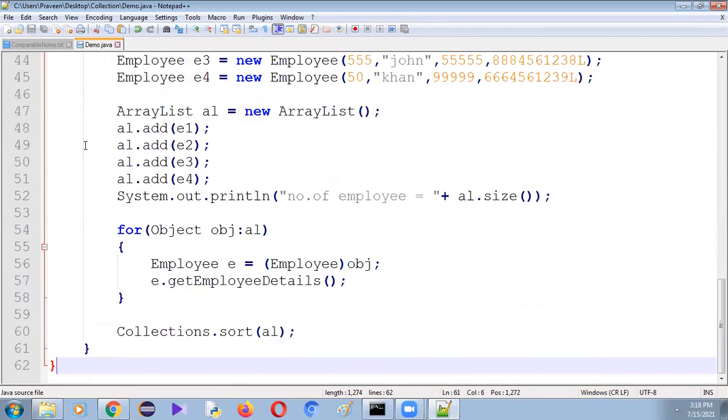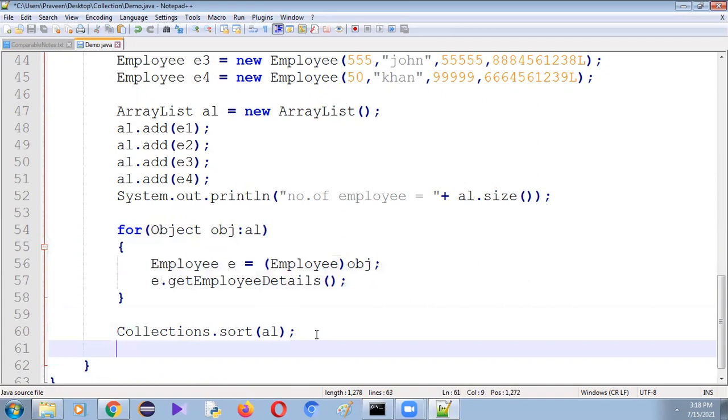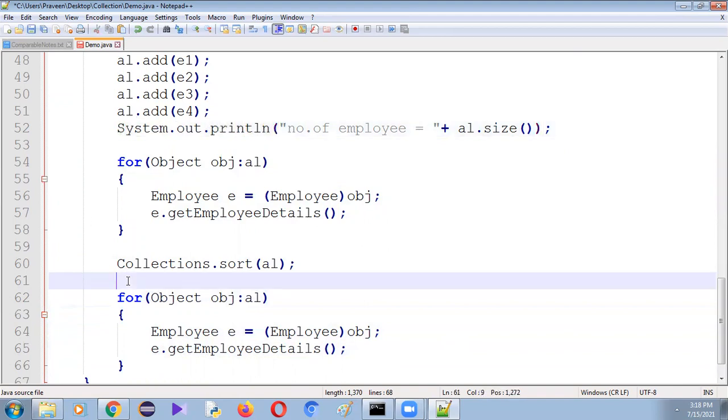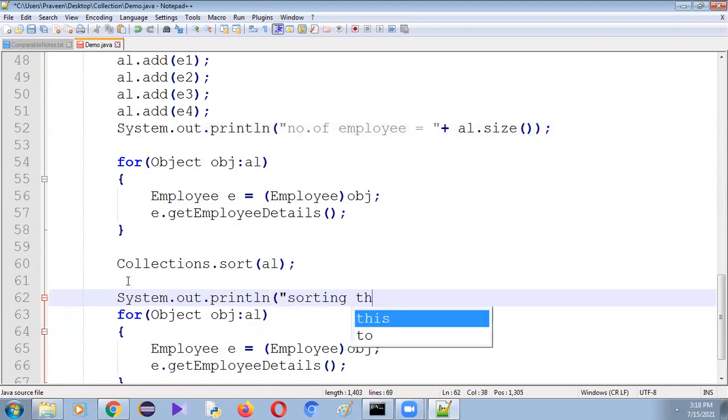Now, after that, let me try to display the objects. So here let me write System.out.println, sorting the employees based on EID.